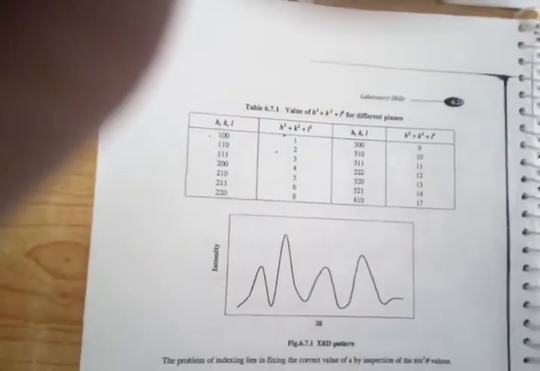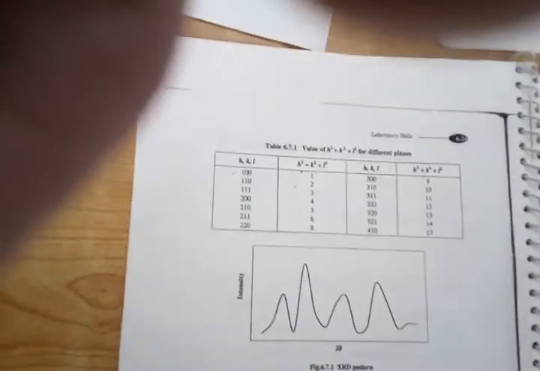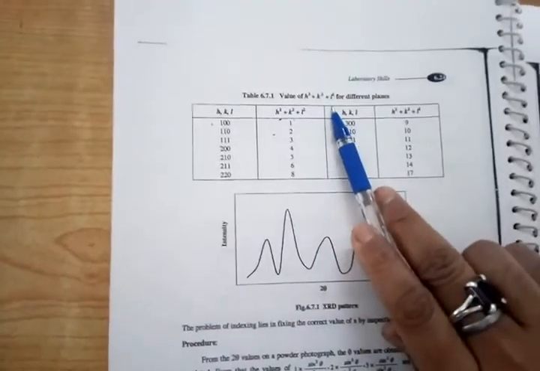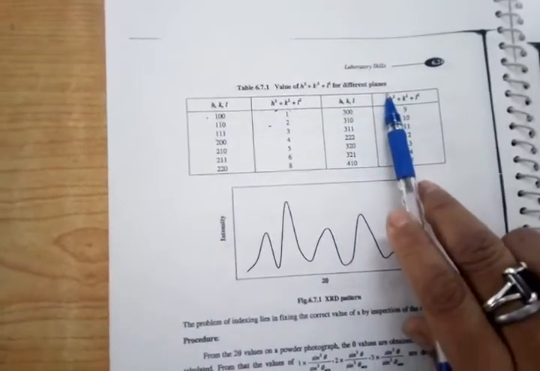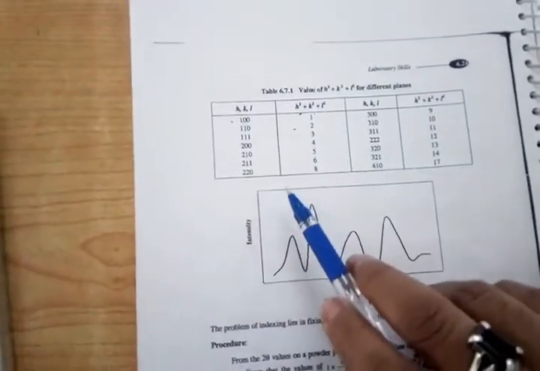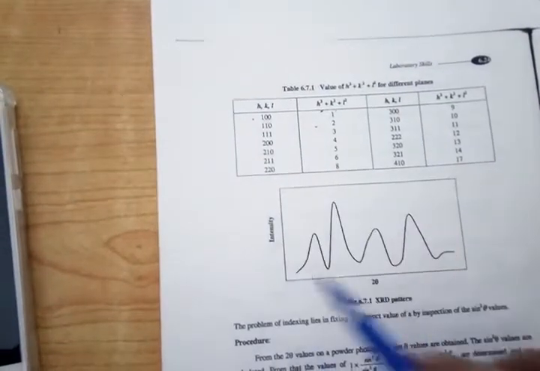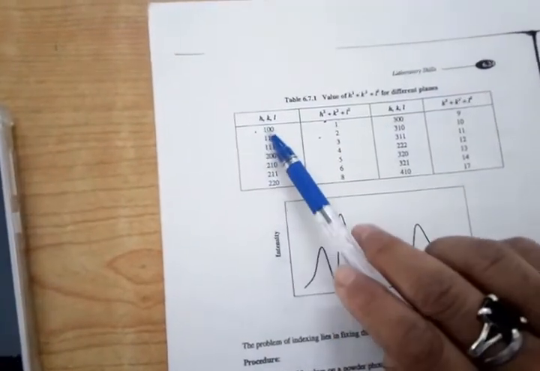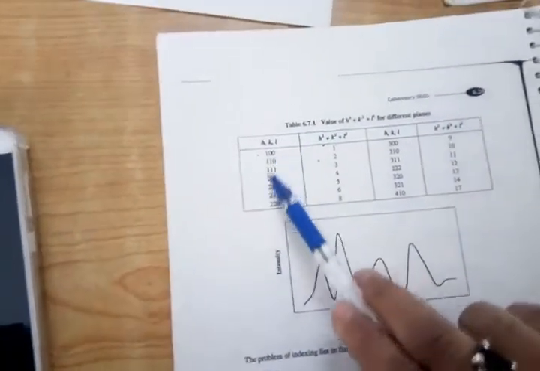Okay, now in case of Miller indices, what do we have? In your manual, the different values of h square, k square, l square for the different planes are given. It means the h, k, l represent the different planes as per the different dimensions. It means x, y, z, or simply in terms of lattice parameters as a, b and c. That will be represented in terms of h, k and l, and they have different values.